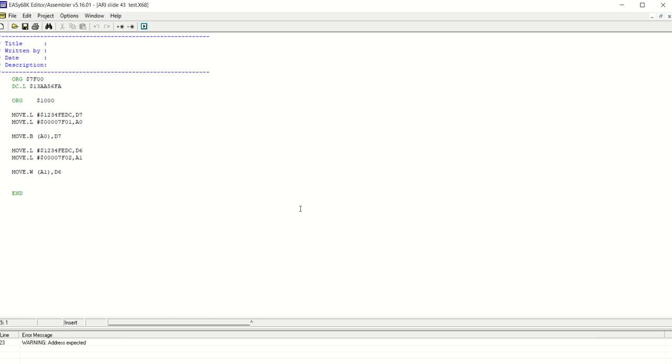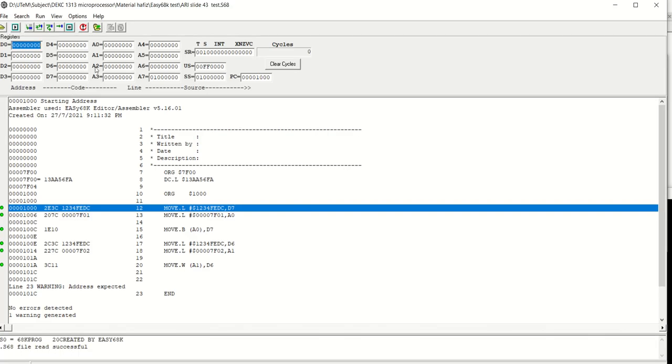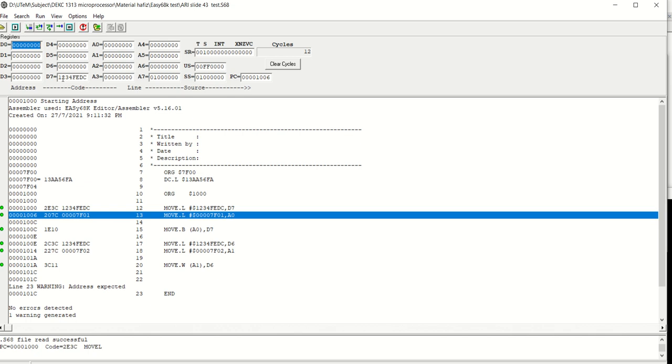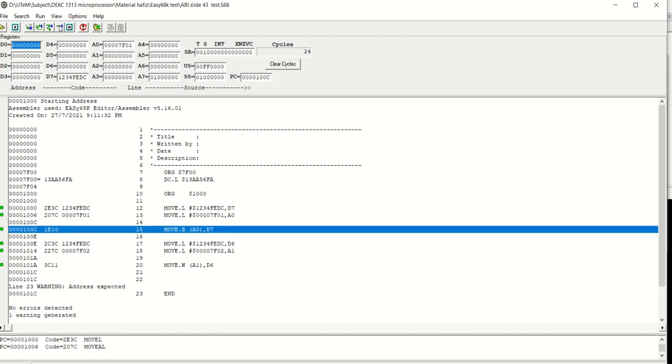Let's try to execute. No error. So we trace line by line. First we expect D7 to change: D7 is 1234FEDC. And then A0 is 00007F01.